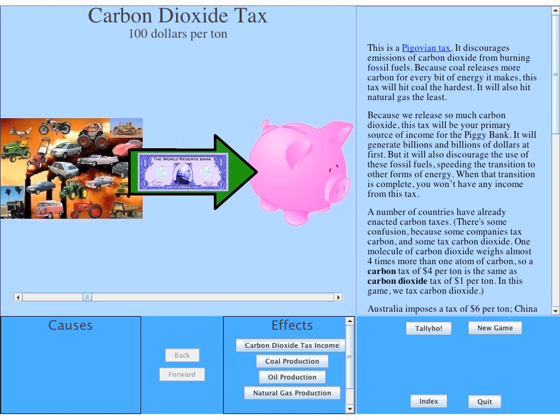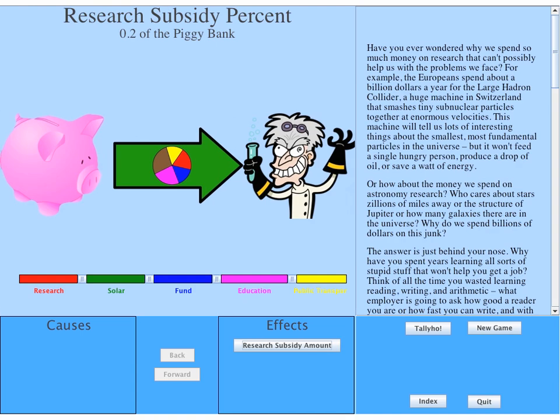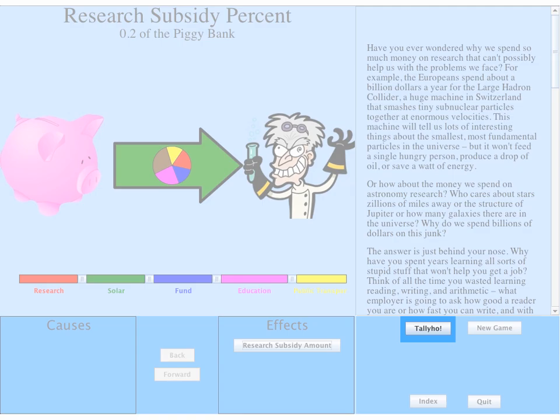Now, you play the game by controlling 6 taxes on 6 different environmental pollutants. The revenues so derived from those taxes go into your piggy bank, and you then disperse those revenues among 5 different environmentally worthy subsidies. Those are the only decisions you make: the taxes and the subsidies. Once you've decided on the mix of taxes and subsidies that you want, you click on the Tally-Ho button to